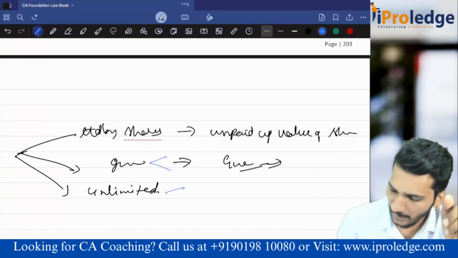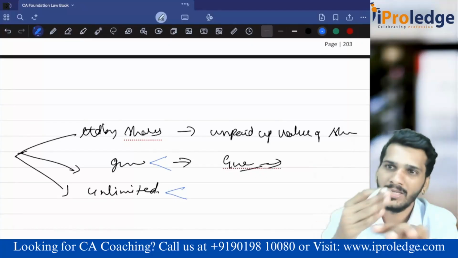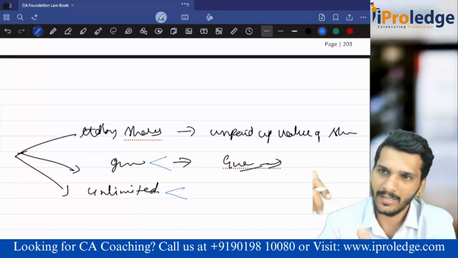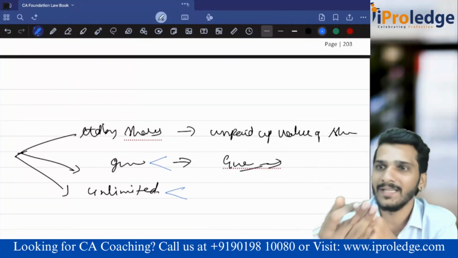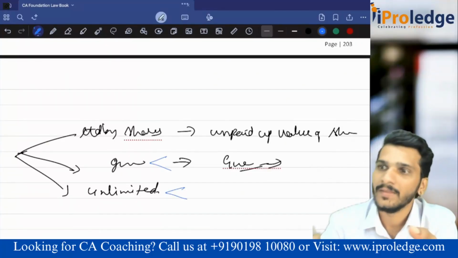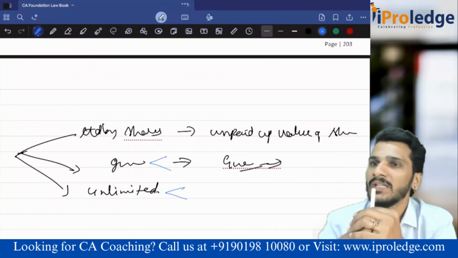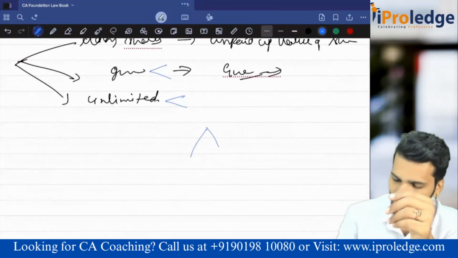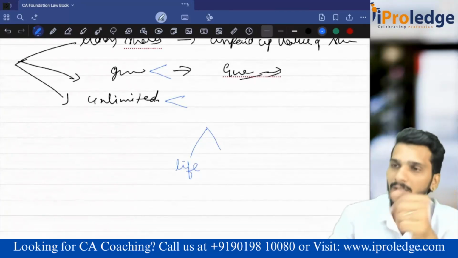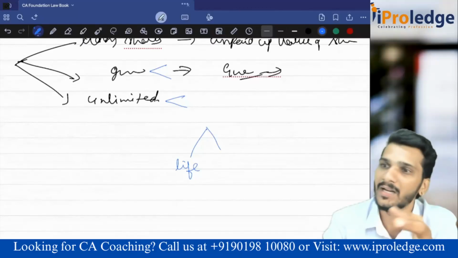Again, an unlimited company can also be with share capital or without share capital. That means whatever the unpaid value of shares is there, that is capital liability plus unlimited liability. So when it is unlimited, why did they add again with share capital, without share capital? When I say unlimited, anyway I am supposed to pay. Then why did they add this? Because there is one provision in Companies Act. Whenever it is unpaid value of shares, that can be called at two times of the company, in two places. One is during the life of the company. That means the company is running now, the company is in need of money. It can make one more call, a second call, third call, final call and ask for the money.